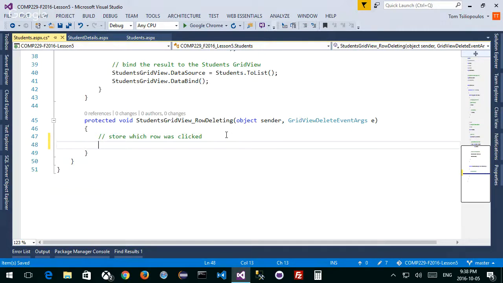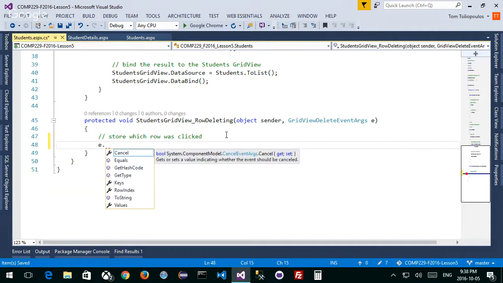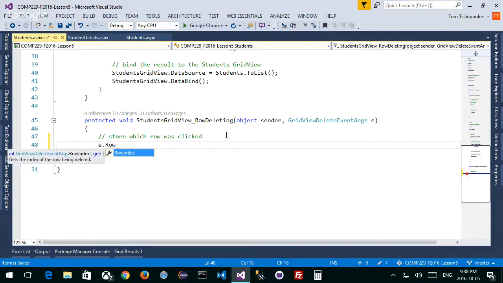If you start typing E just by itself, and if I go E dot, and if I start typing just something like row index, guess what? It's right there. It gives me the row index in my grid view because it knows it's a grid view. So if I click on E.RowIndex, I can get the index of the row that I'm deleting. Okay, but this isn't enough. I want to store it. So I'm going to create a local integer. We're going to call this selectedRow. Here's my selectedRow, and I'm going to store E dot